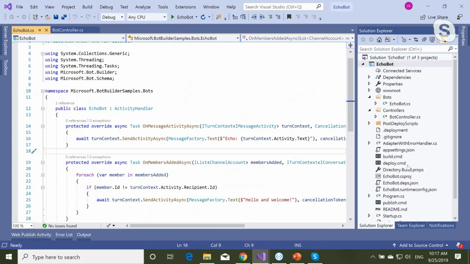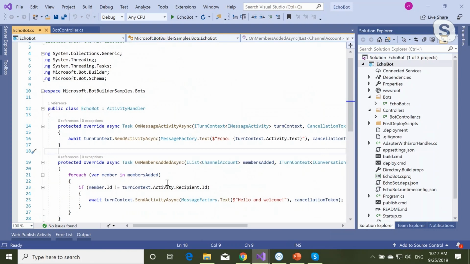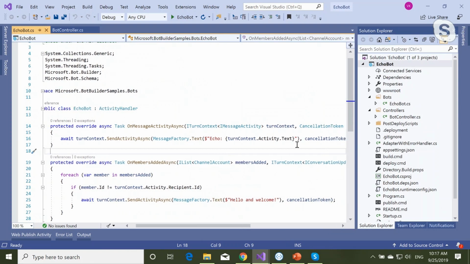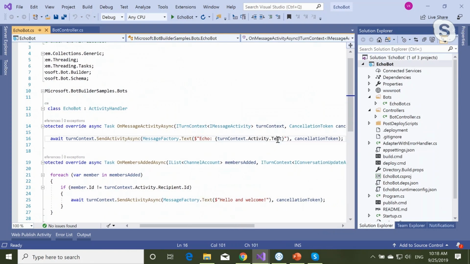There are lots of files here. And so you can see that the activity here is just getting whatever text the user types in and just echoing it back. We can add